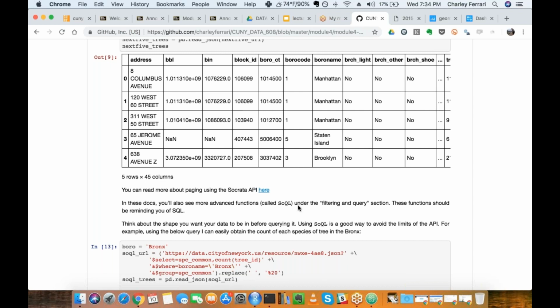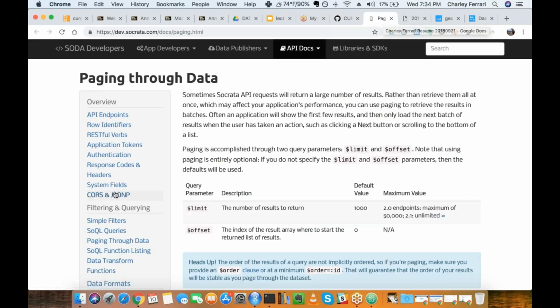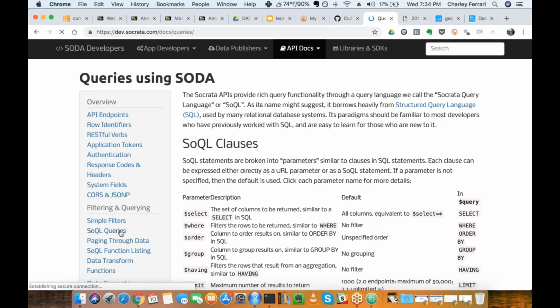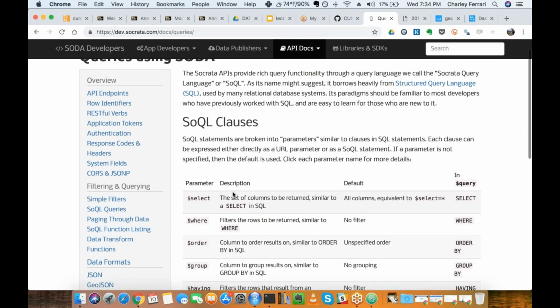And Socrata has documentation on what paging is supposed to do. You'll also find in the docs some more complex things. Here in particular, you'll see what's called SOQL, or Socrata SQL, however you want to pronounce that.